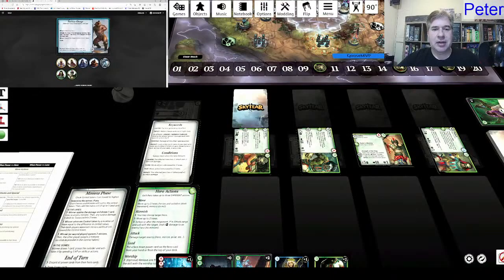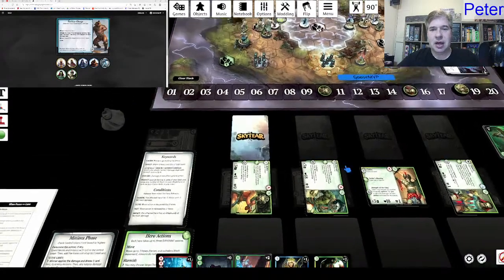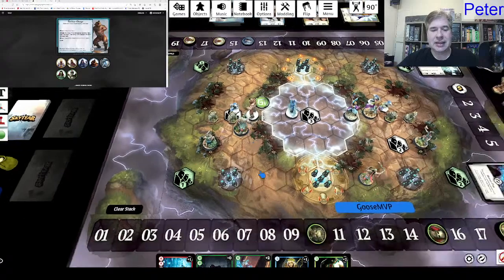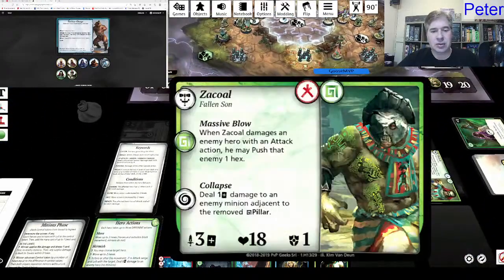If he damages the enemy hero, push the hero 1 hex away from Golbjorn for each damage dealt. All right, so away doesn't mean directly away. It just means further with every space. So I could go 1, 2, 3 if attacks that way. Let's see if Zakol has any